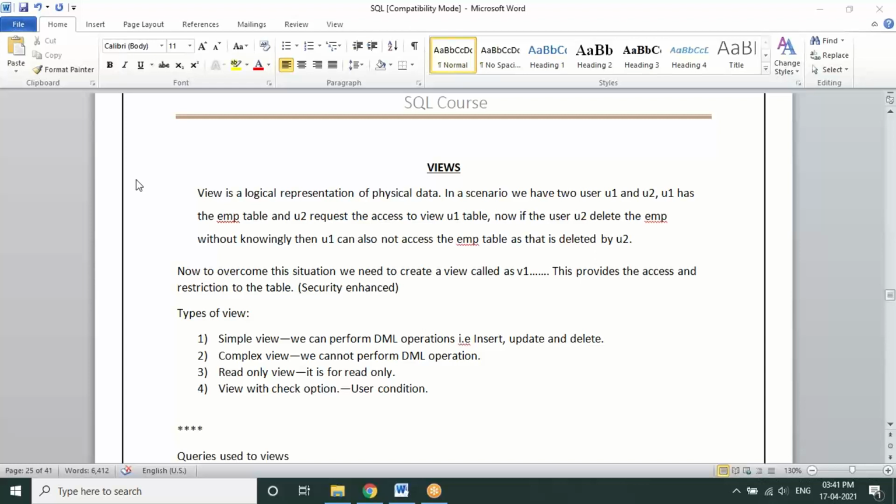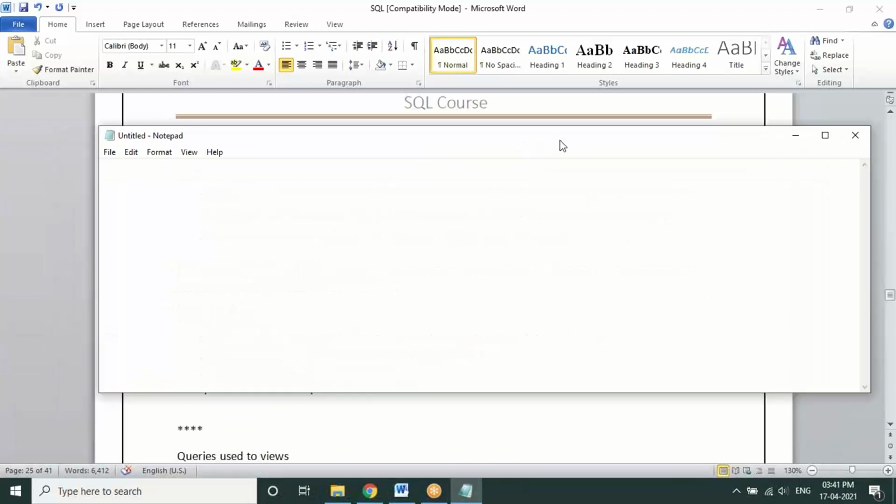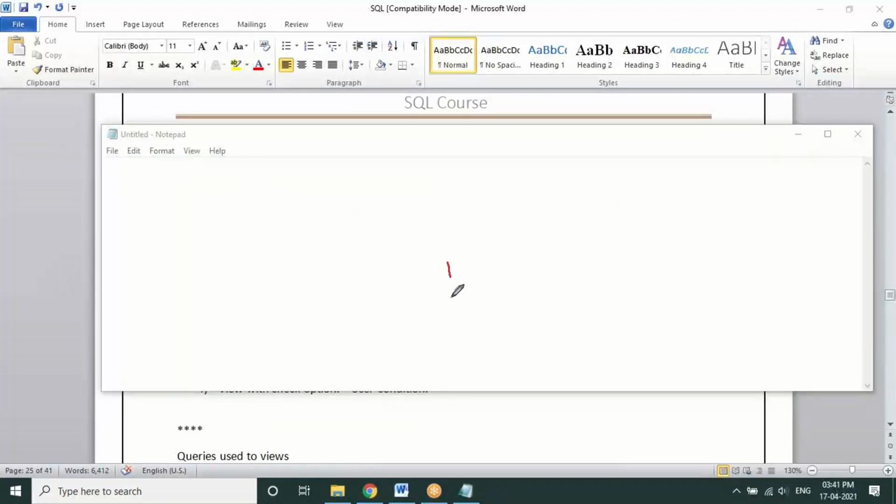So why is this actually required and how is this useful for improving the performance of a table on a database? Let me give you a quick understanding about it. Let's assume I have a table called employee.